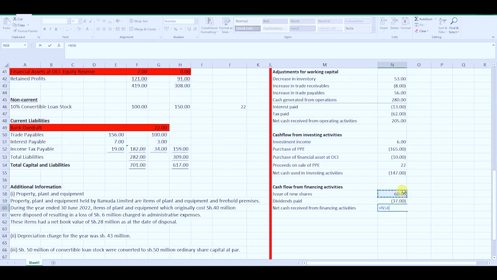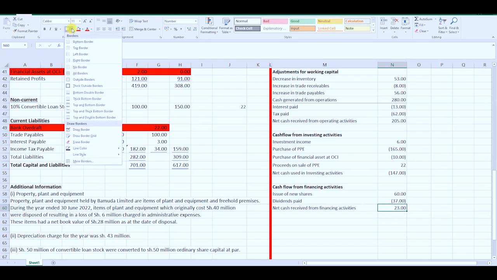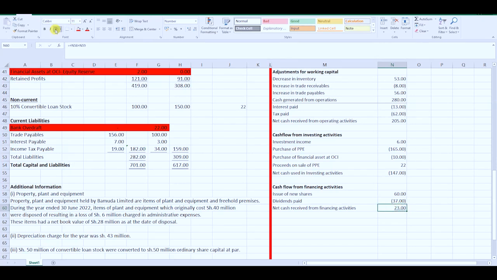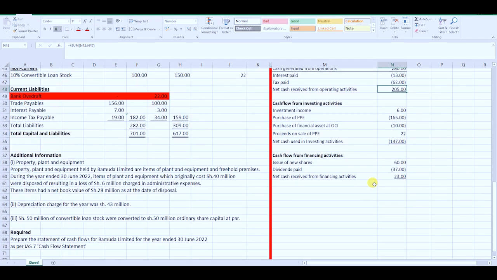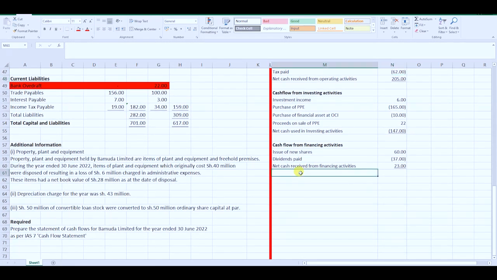Plus that one plus that value. Get 23. So this value, you can decide to underline it, that one. This net cash used, you can also underline that as well. And this one, just underline there. After you get the net cash received from financing activities,